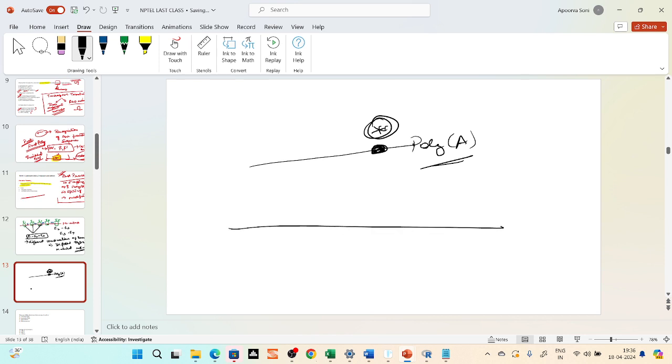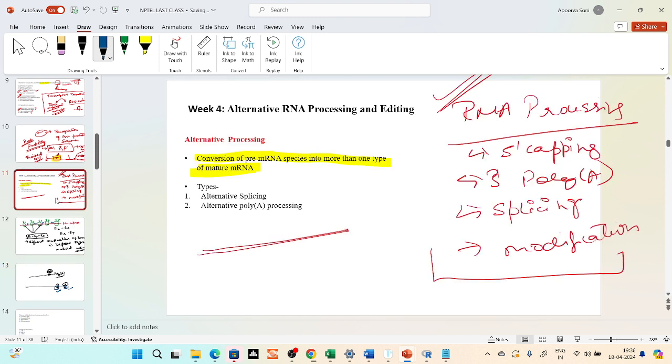Now in this mRNA, you can have a poly A binding site here, you can have a poly A binding site here. So if this poly A binding site is used, then the mRNA would be of a longer length. If this poly A binding site is used, then mRNA would be of a different length. So the use of different poly A binding sites for the addition of poly A polymerase, polyadenosine, leads to different lengths of RNA, which will create different types of matured RNA. And these are the two ways in which alternative splicing takes place.